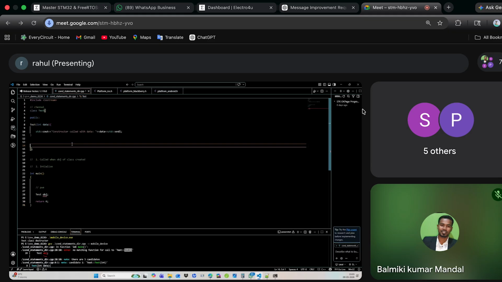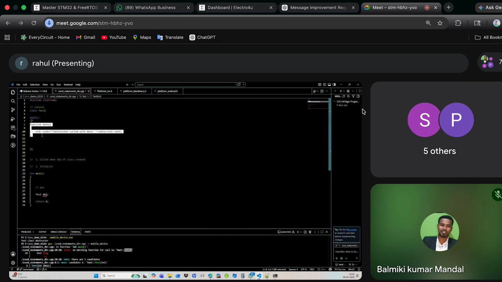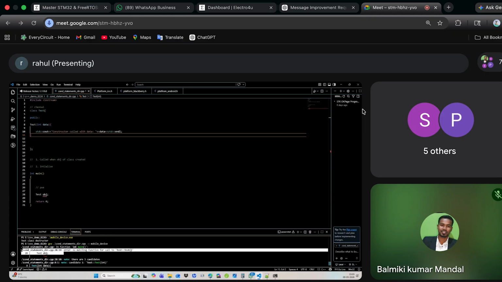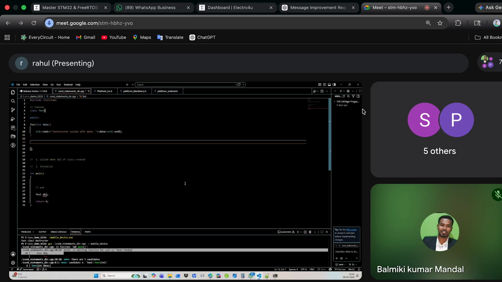But why do you think, even though the compiler should create a default constructor automatically, it didn't create it here? Because it has a constructor with the same name. Because it has a constructor which has a parameter inside, which is already defined explicitly.